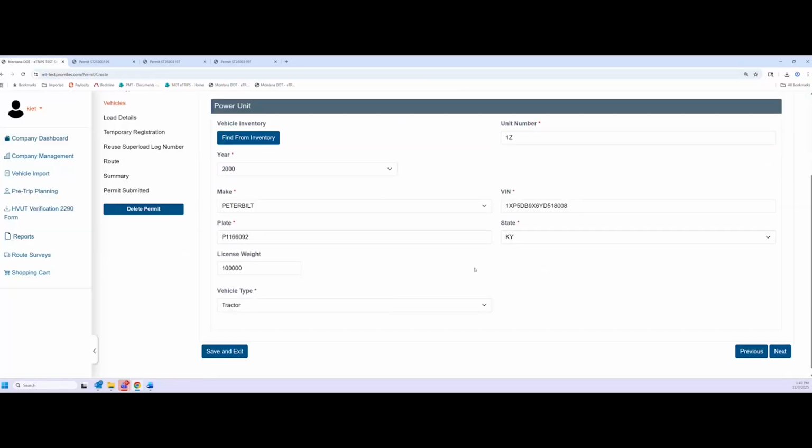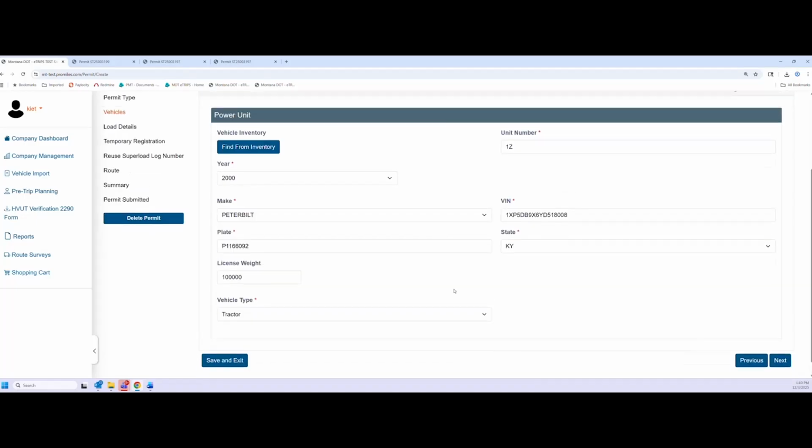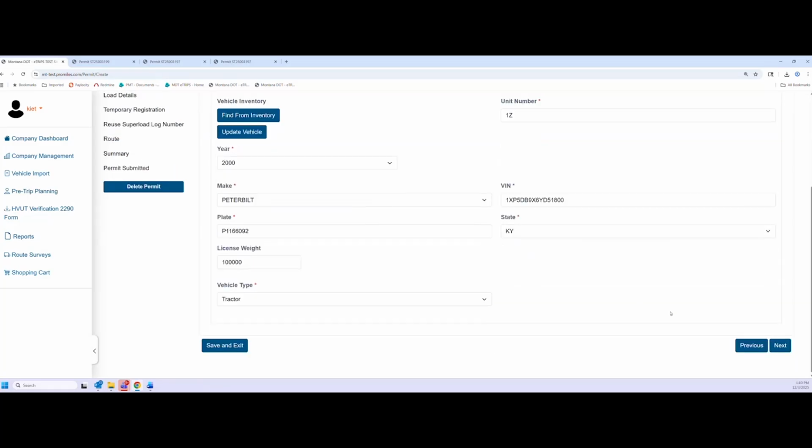But the system does what we call a VIN validation. This is just some particular aspects that you may see in permitting that I want to touch on. So if you recall, I entered in this vehicle previously and I knew that this VIN is a good VIN. It's a valid VIN with a valid make and a valid year. However, because the system does a VIN validation, which means it checks to make sure your VIN is accurate and correct, if there was something wrong with your VIN, say you were missing a number, for example, I took the 8 out of there, the last digit,